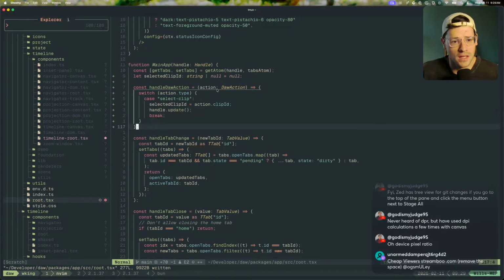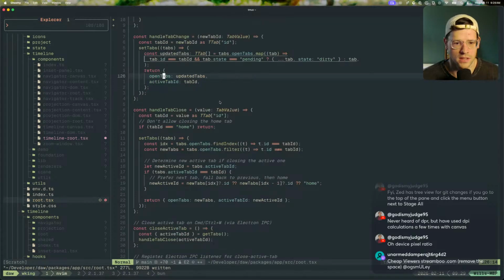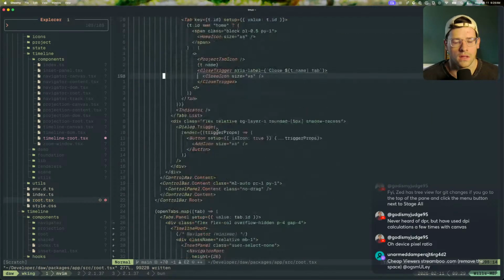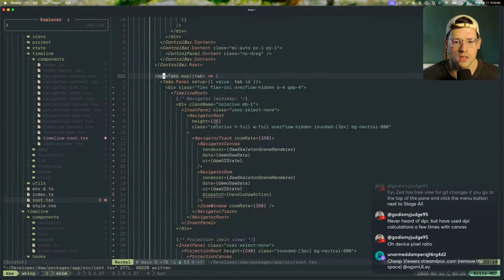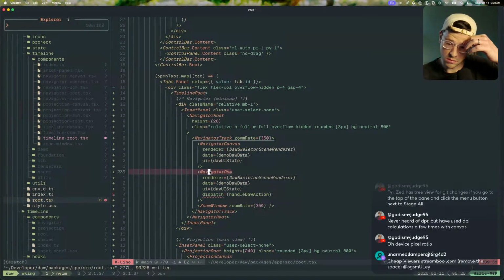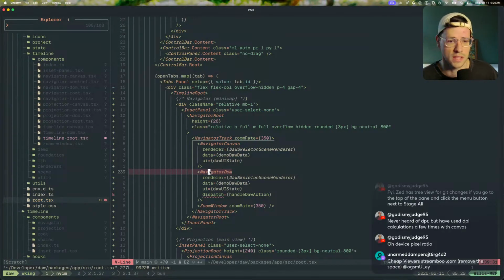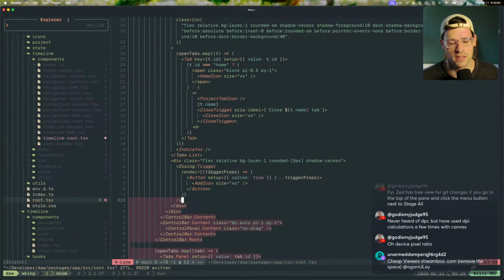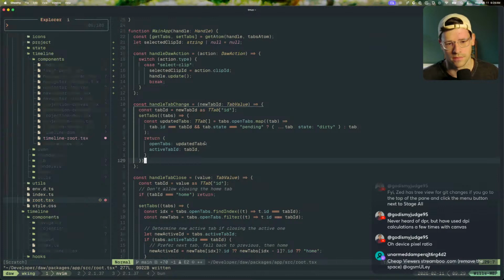But because the only thing that needs to know if a selected clip is selected currently is this navigator DOM, so we can render a selected state for that track, this can change later. This is going to be needed later because if I select a clip in a DAW,